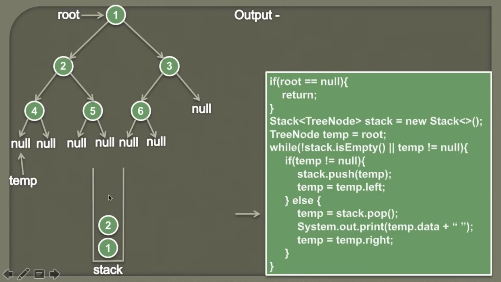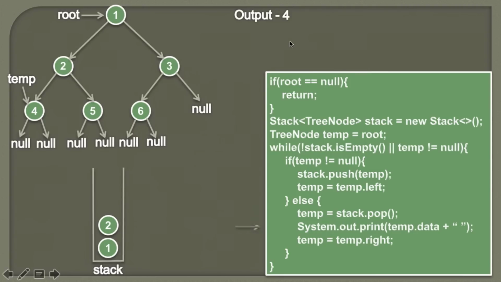That now node 4 is popped out and whatever value it holds will be assigned to temp. So now temp will point to node 4. It would look something like this. Moving ahead. Here for node 4 we have visited its left subtree completely. So now is the time to visit node 4. On the console we are simply printing the data associated with the temporary node. So here node 4 becomes the first node to be traversed. So on the output 4 will be printed.